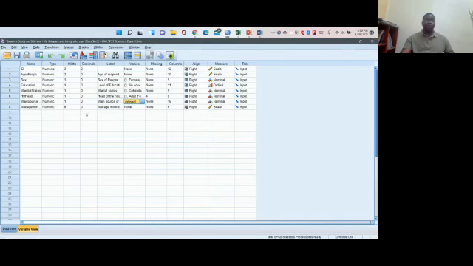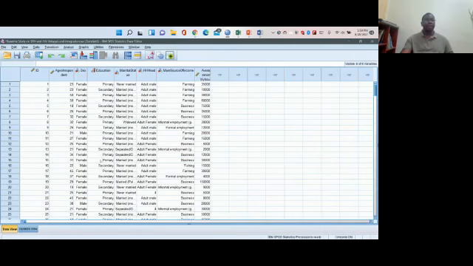Now, after you have done all this, and I explained to you what these things mean, the types that you're putting here, the measurement levels, are so important. If you don't have this right, it will be difficult to undertake a very meaningful data analysis. So now when you come back to the data view,